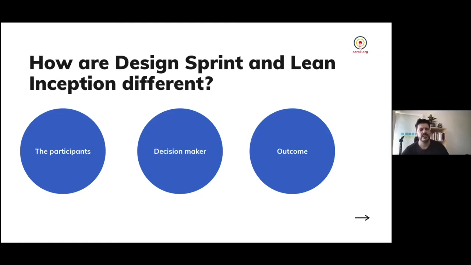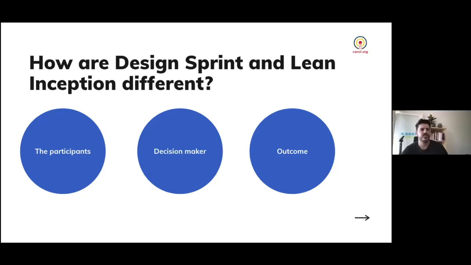Exactly. Lean inception is more balanced, let's say, right? Lots of discussions, different lenses, right? And that will balance the solution. Yeah, but on the other hand, you end up with the plan for the MVP, which does not have the design yet. That's why you still have space to make decisions later about the design.